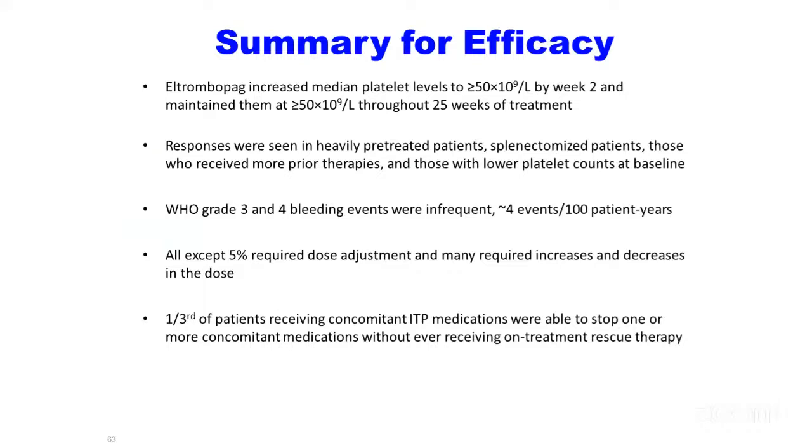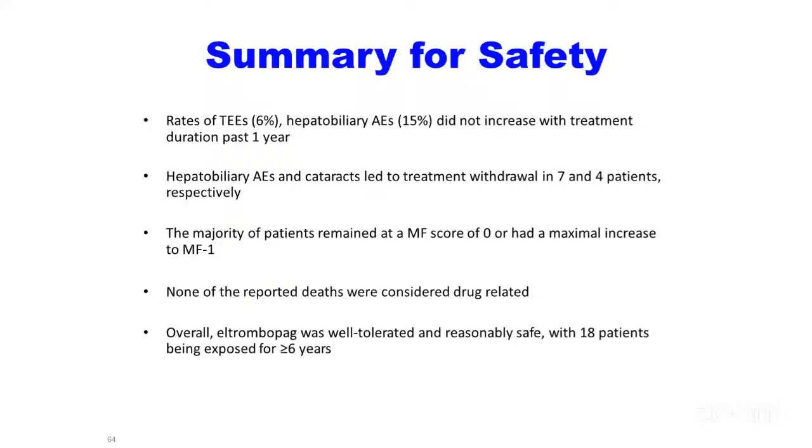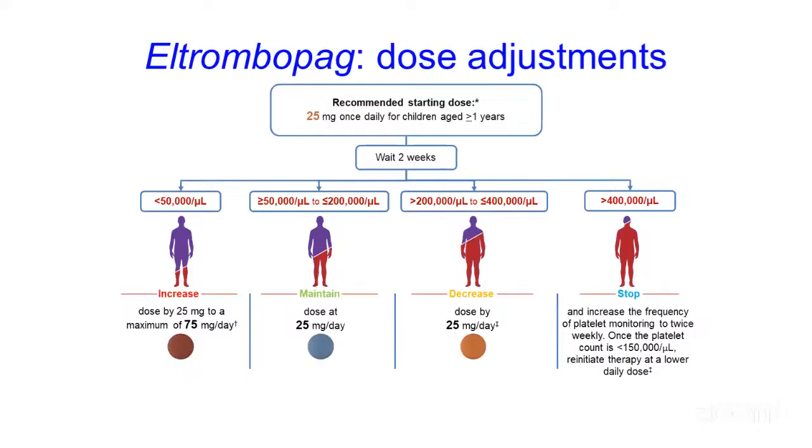Summary for efficacy: it is a very efficacious product, and grade 3-4 bleeding was infrequent, and all except 5% required dose adjustment. Safety: it is one of the safe drugs. Hepatobiliary side effects and cataracts may occur, and the majority of patients are safe. This is the dose adjustment. Usually 50 milligram to start with, you can reduce the dose as the platelet count improves from 50,000 to 2 lakhs, to 25 milligram, and gradually,